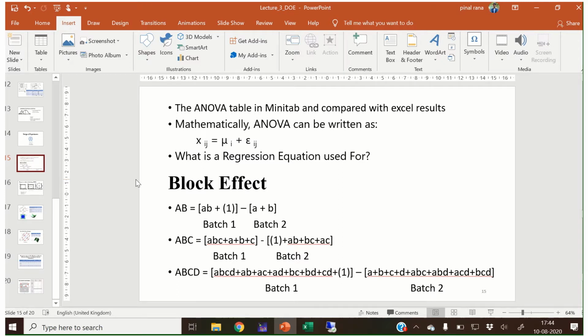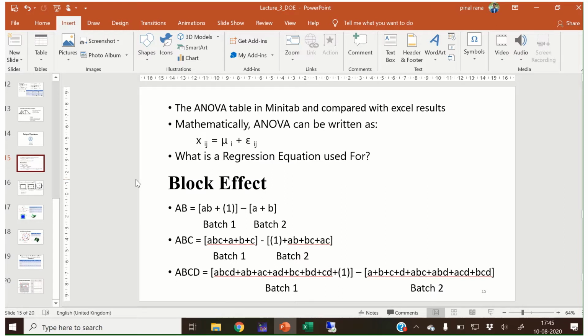ANOVA is basically referred to as the analysis of variance. It is used to compare differences of means among more than two groups. It does this by looking at the variance in the data and where that variance is found. Specifically, ANOVA compares the amount of variation between groups with the amount of variation within groups. It can be used for both observational and experimental studies.